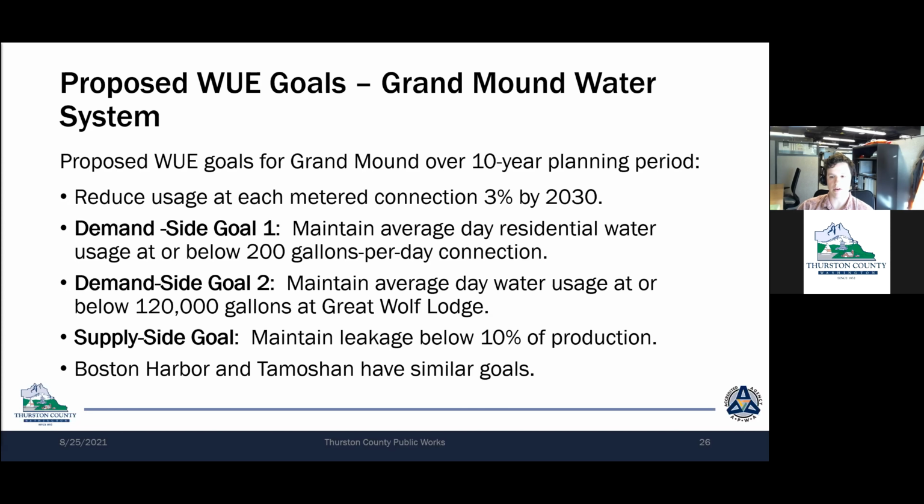Please continue to look for water use efficiency best practices within Thurston County's consumer confidence reports, which are distributed annually, to reduce water consumption or to maintain low water consumption. As homes and businesses continue to update their fixtures, water production and consumption should improve over time. With regard to leakage, the Department of Health recognizes that leakage at or below 10% of water production is a realistic marker for efficient system management that allows utilities some flexibility to address leakage without burdening the utility. I'll pause here for a second so that you can review the proposed goals once more and provide your feedback.